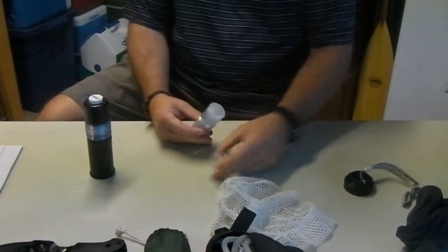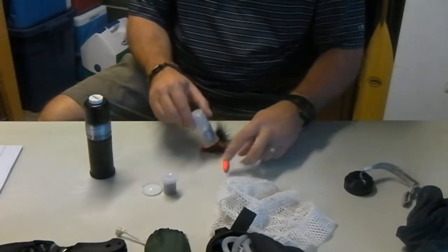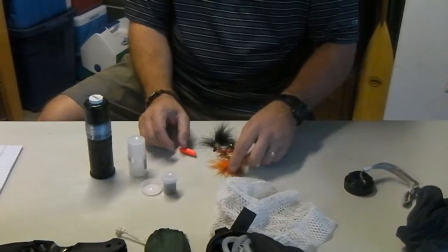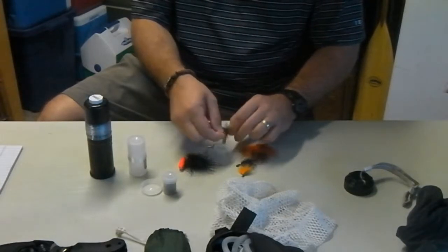Now inside the tube, I've got a couple of things. A smaller tube and some additional things. Now, this is what I carry in my kit. Again,